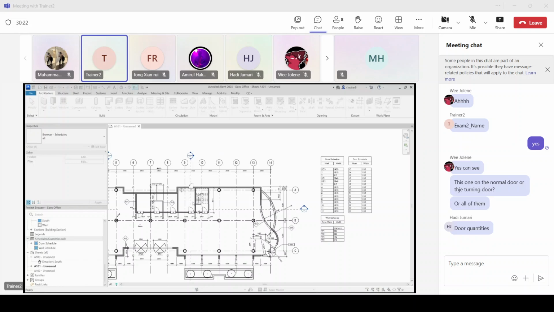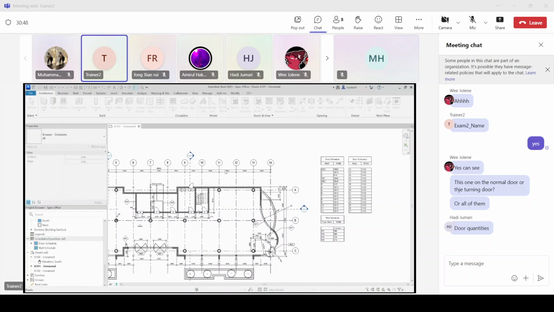Hopefully everyone can see this. Are we all good? Can you follow? Yes, correct, Hadi. Thank you, Hadi. Then, once you select door schedule, just press OK.